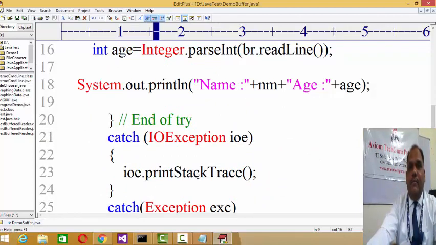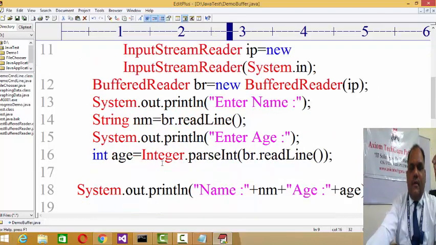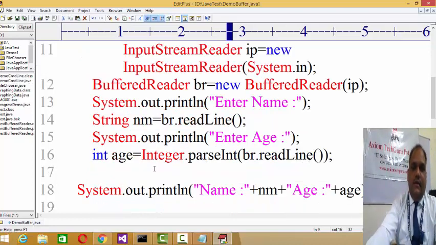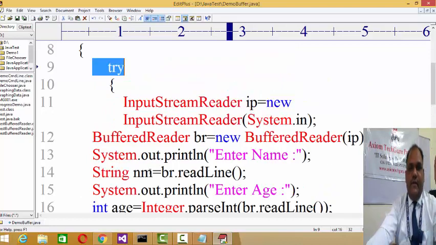If the library provided by Java throws an exception, then you need to put it in the try catch block, and that's why sometimes people are not using buffer reader for input, and scanner is more popular. But as I said, to achieve excellence, or if you want the safest way of writing the code, then I believe buffer reader is more important and has an extra advantage over the scanner.